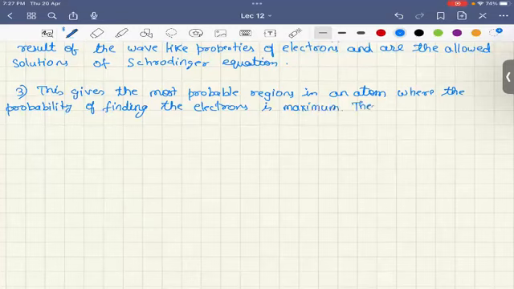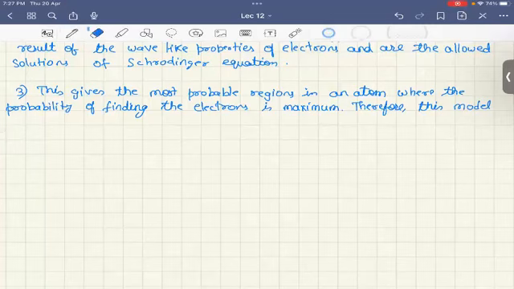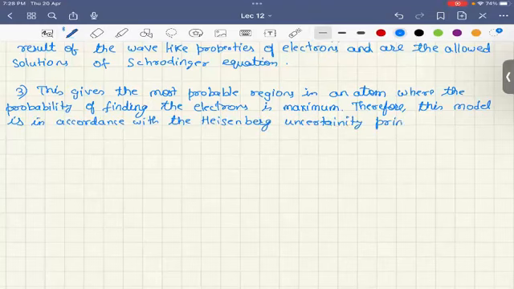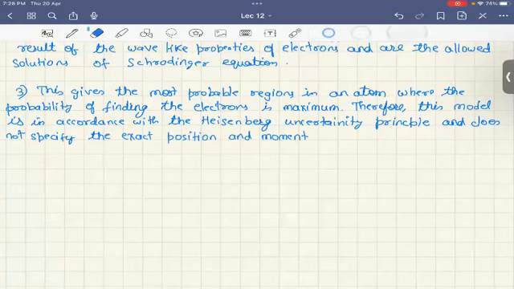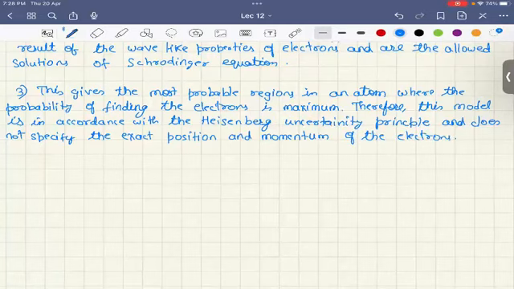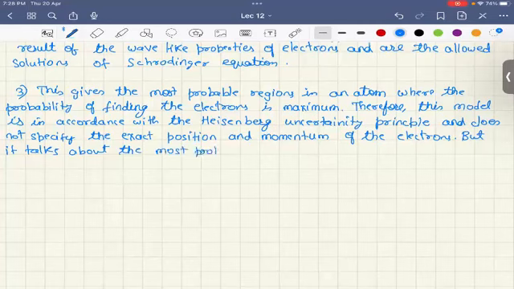Therefore, this model is in accordance with the Heisenberg uncertainty principle, and does not specify the exact position and momentum of the electron, but it talks about most probable regions called as orbitals. Right? The fourth point is